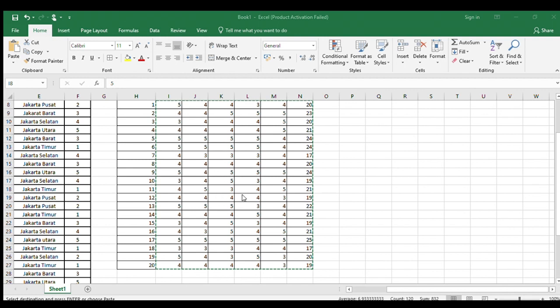So the result of the reliability analysis: the Cronbach's alpha is bigger than R table. R table is 0.444. And then the result of the reliability analysis of my data.